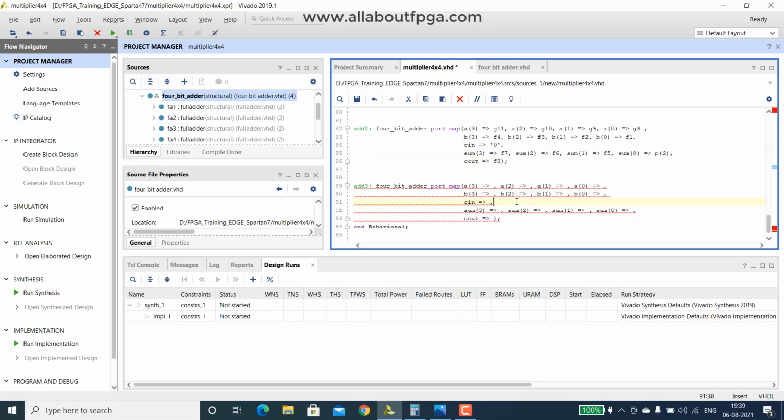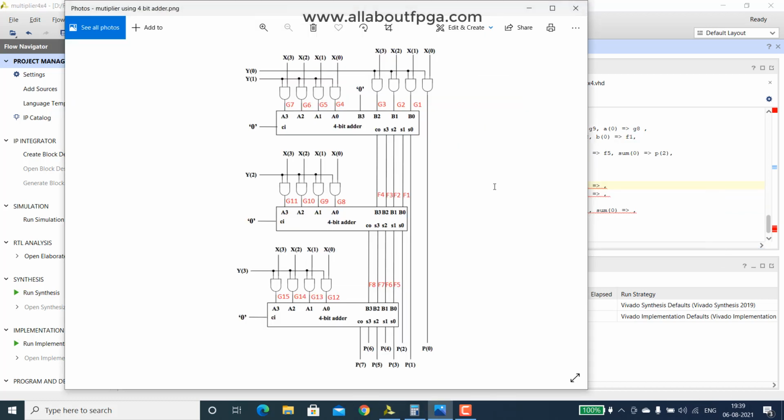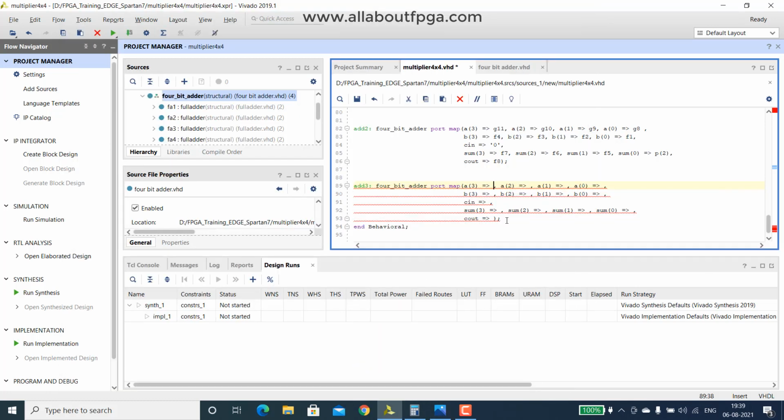Right. So next we have that 4-bit adder, we have G15 to G12 as an X input: G15, G14, G13 and G12.